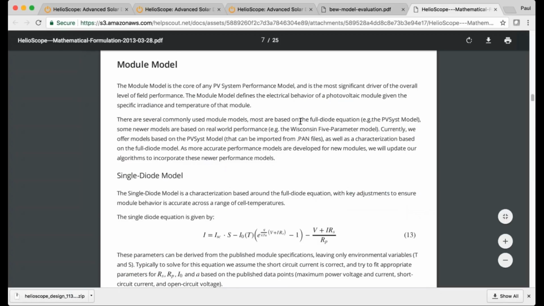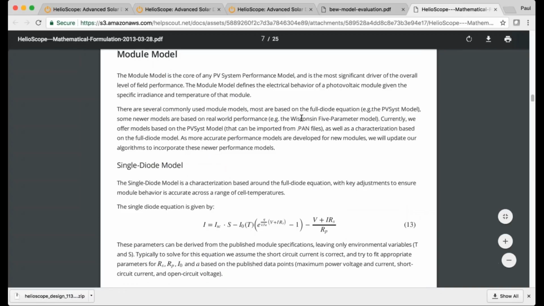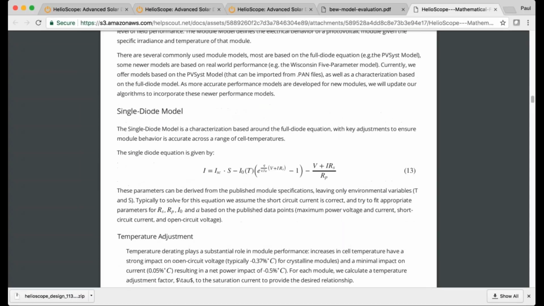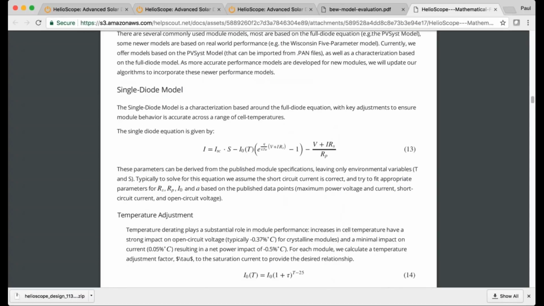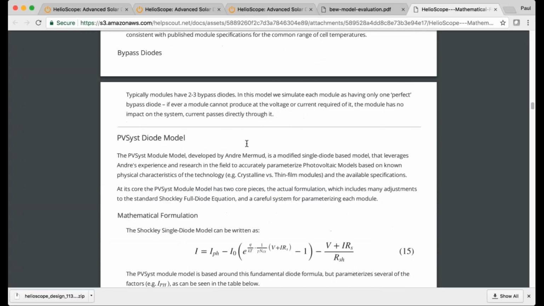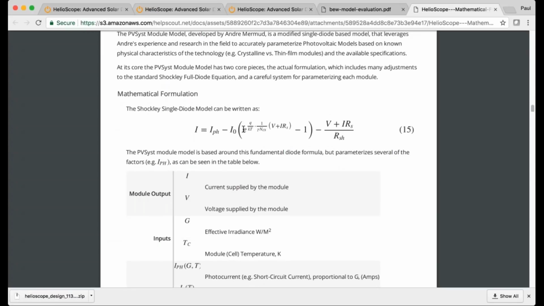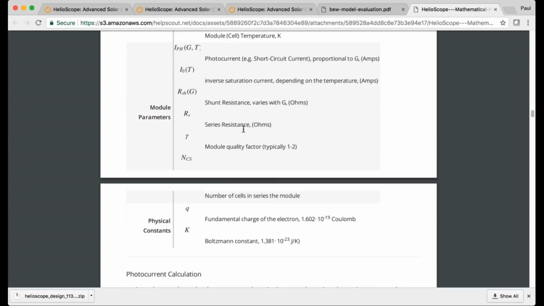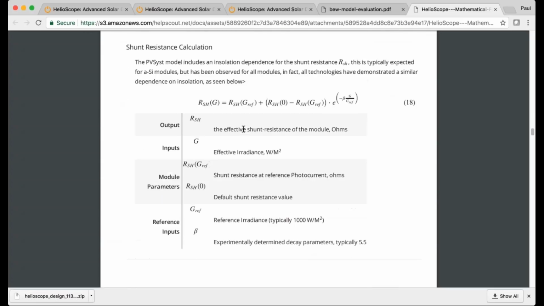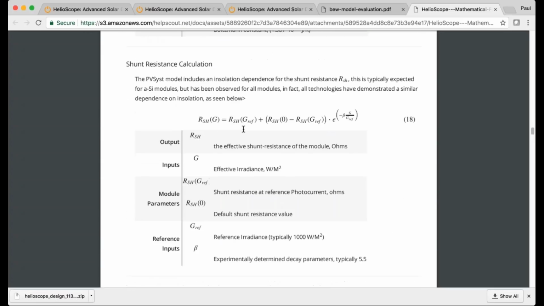So one thing to point out is when we're simulating the array, we are simulating every module, and we're simulating the detailed physics. So keep in mind, our module model is actually 4 equations. This is the overall high-level equation. We also calculate the photosaturation current. Here we go. So here's the overall diode equation, and then there's actually 3 other equations for photocurrent, reverse saturation, and shunt resistance. So that's the physics that's applied